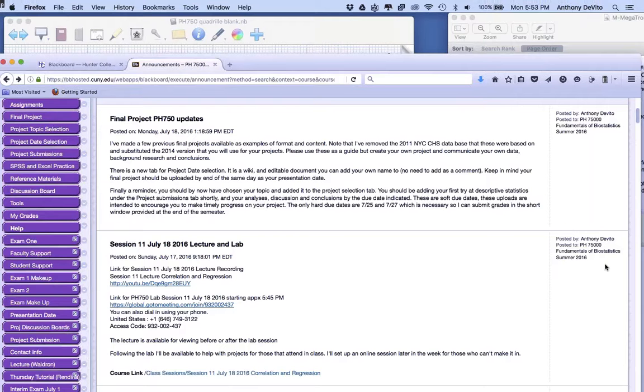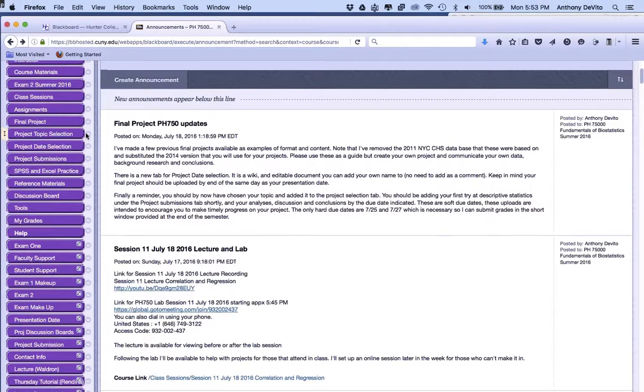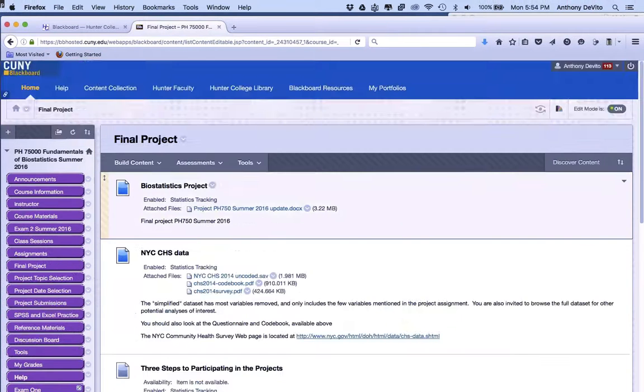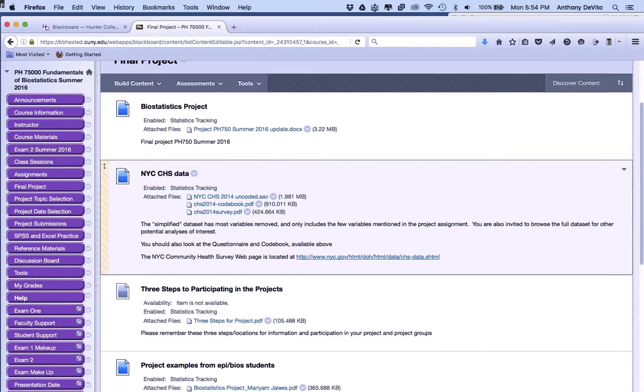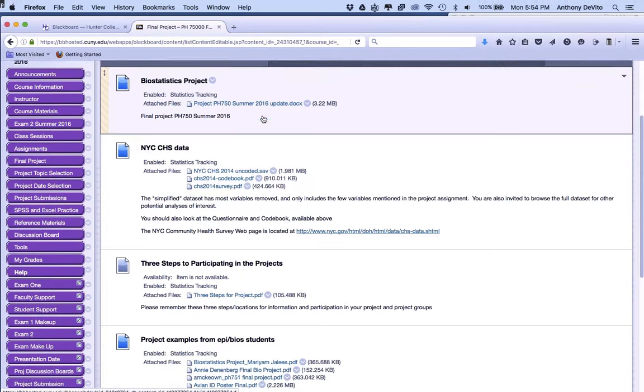And in that vein, first of all, I kind of reorganized the project tabs a little bit. So now if you look on the side here, you'll see that there's a tab for final project. Okay, if I click on that, I'm going to get everything I basically need to work on the final project. The updated version of the instructions for the project, description of what it is and how it's going to be